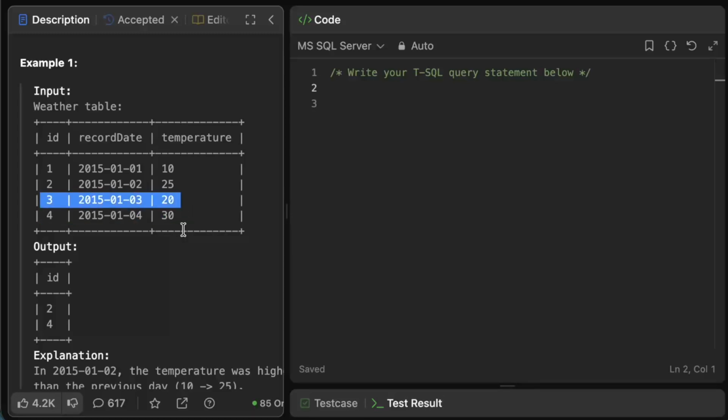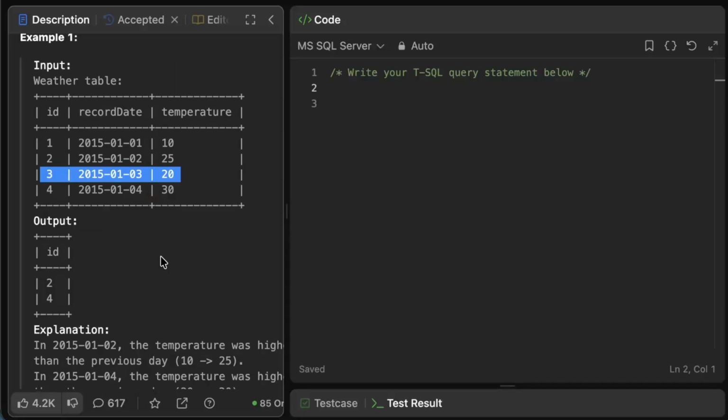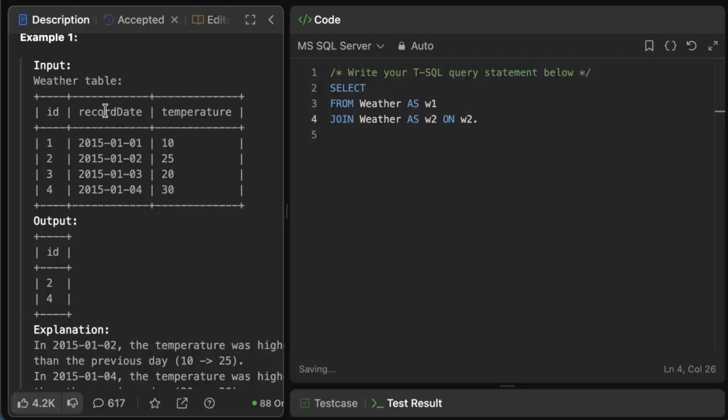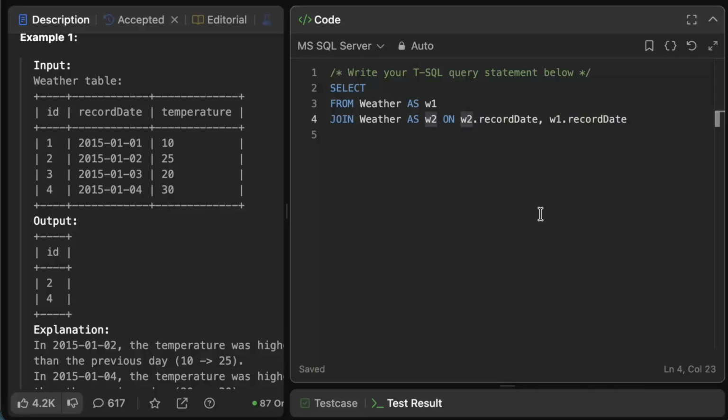Since we have only one table, we need to self-join and compare today's temperature with the previous day's temperature. In SQL, the most efficient way to compare a row with another is using a self-join. We write a select statement and we join the weather table with itself. Now the question is, how do we join these tables? On which column? We take the record date from both weather 2 and weather 1, and we use the DATEDIFF function